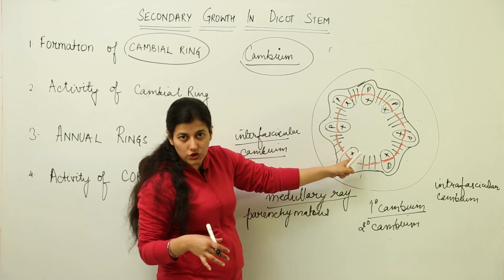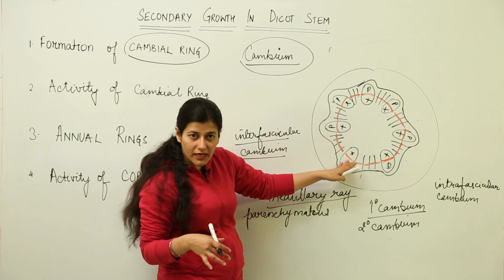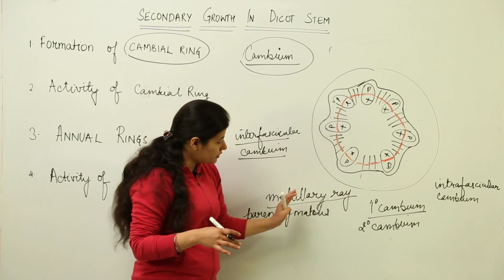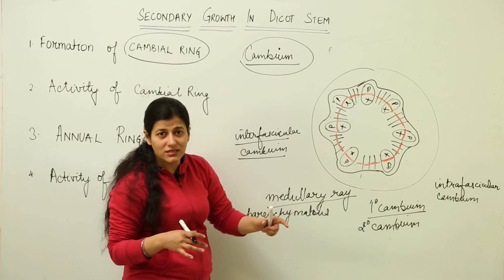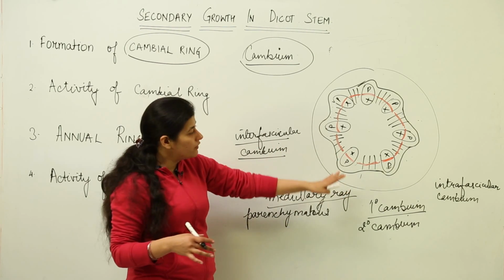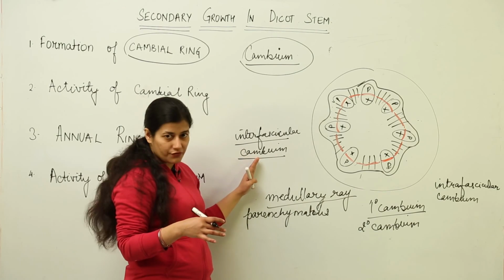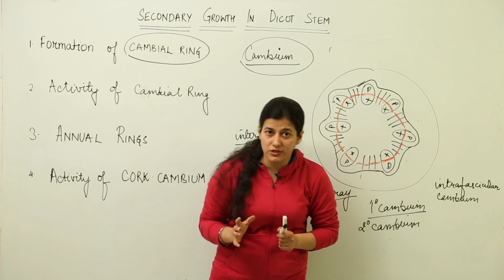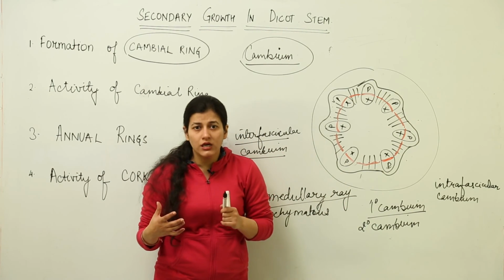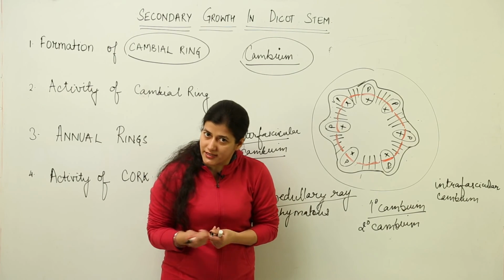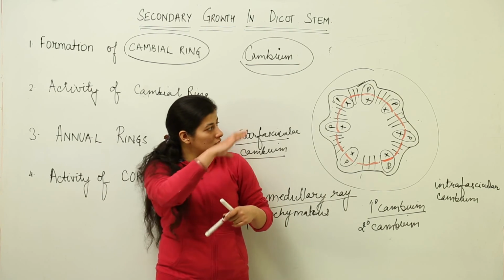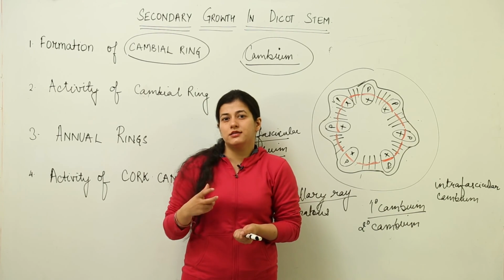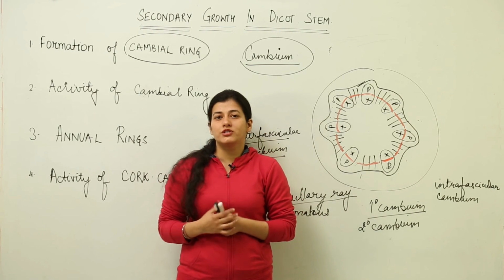Cambium which was present initially in between the vascular bundles becomes activated. But for now, what we are concerned about is how the region of medullary rays becomes meristematic and forms the cambial ring. We have intrafascicular cambium and interfascicular cambium, both together they form a cambial ring, and that is what we study in the first point. Now in the next lesson we are going to study the second point. It's better we cut short this lesson at this stage, because in case we start studying it in detail, it would be a long lesson. So I have preferred to make a lesson of each step. So watch the next video for the